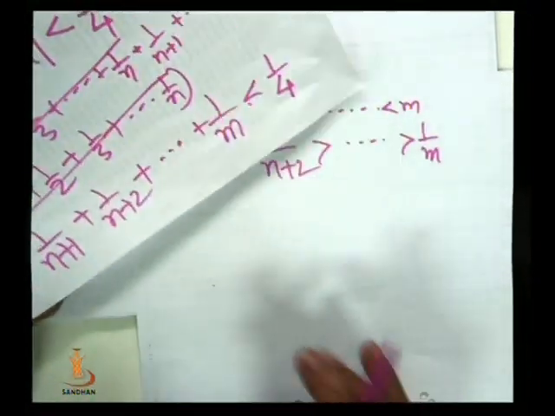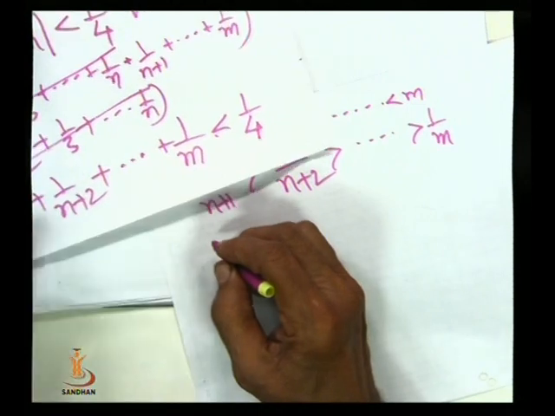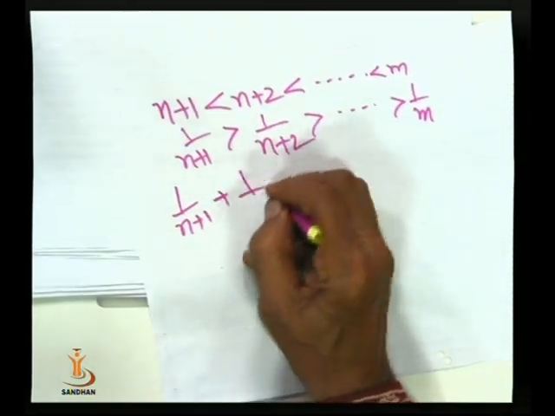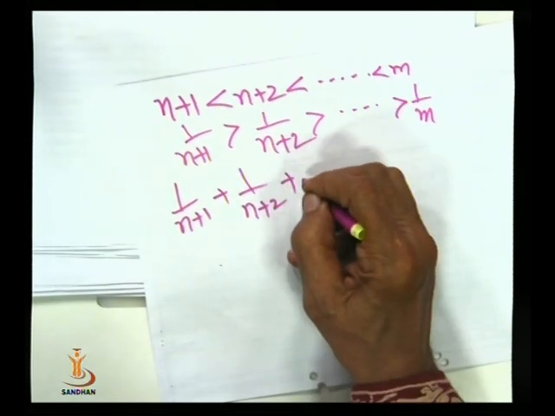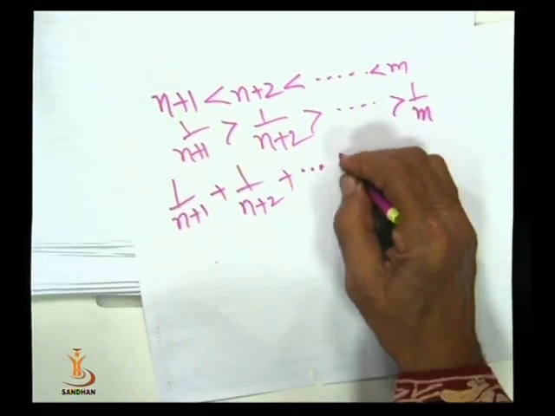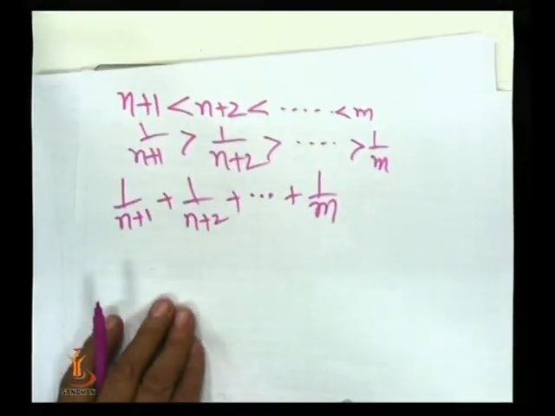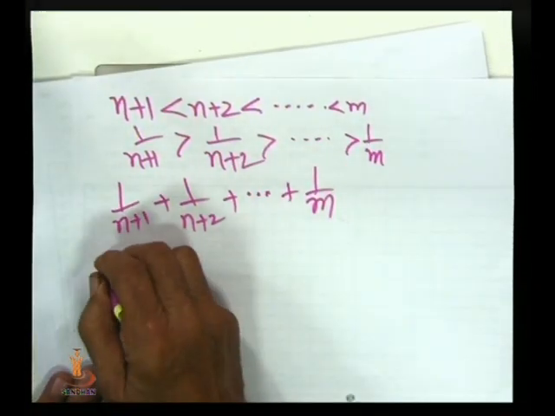So we have 1 upon n plus 1 plus 1 upon n plus 2 and so on up to 1 upon m is greater than